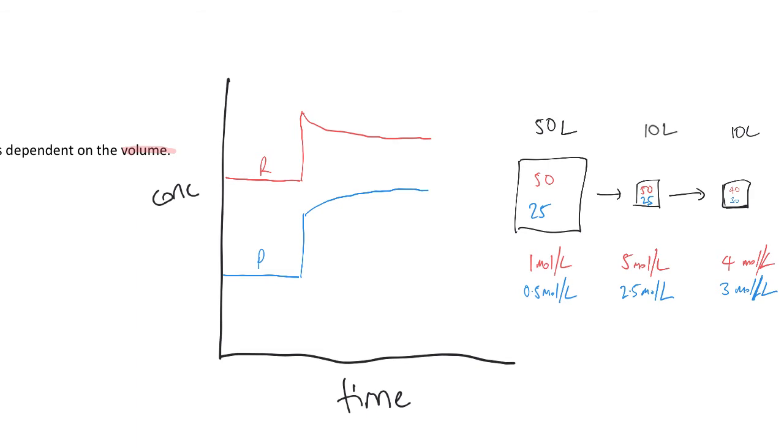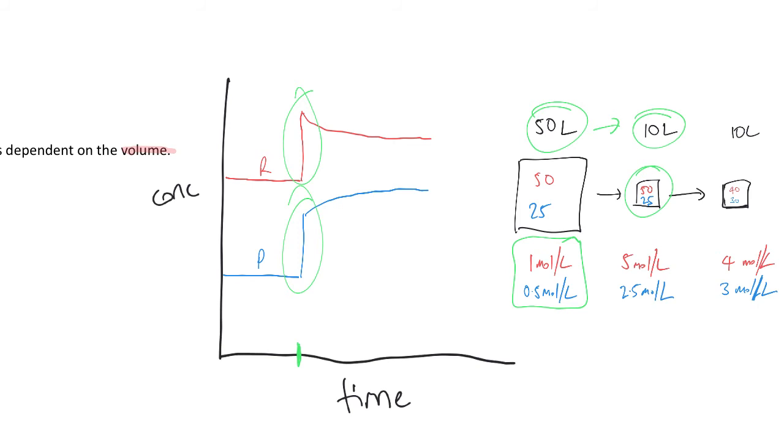What's happened at this point in time here is that the container got smaller. If the container gets smaller, that means there's less space for the reactant and product particles. So here we started off at 50 liters. You had 50 mole and 25 mole, and so therefore you have these concentrations. When the container got smaller, turned to 10 liters, at that point in time here, these two concentrations jumped up, right? Their concentrations